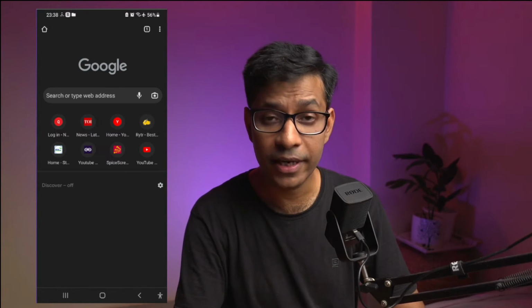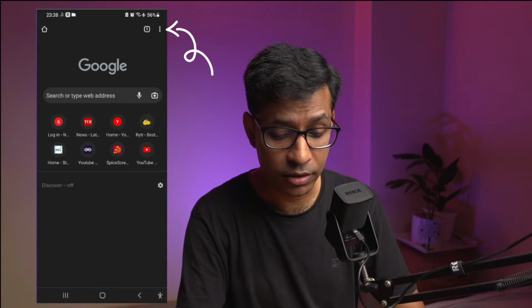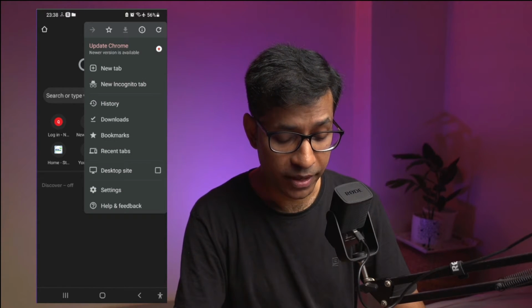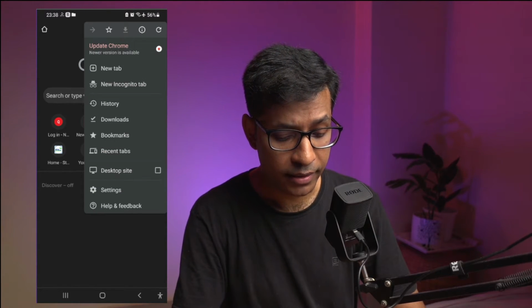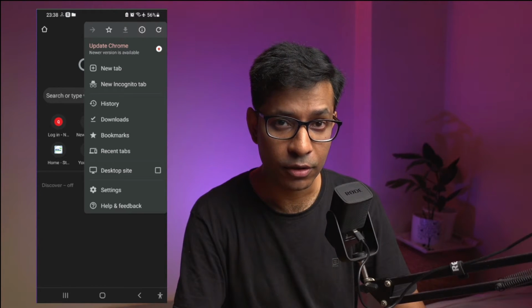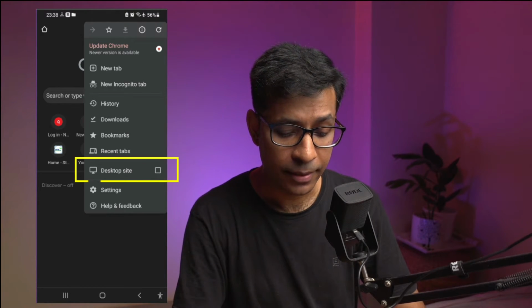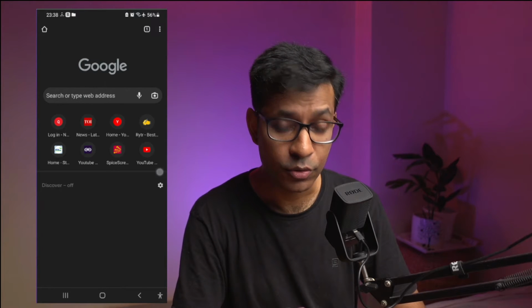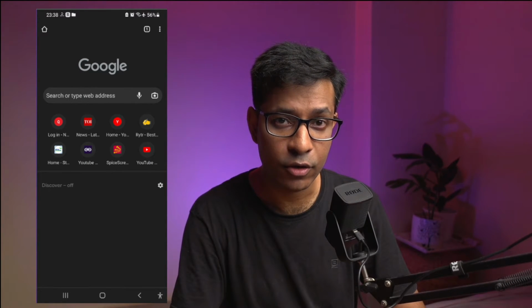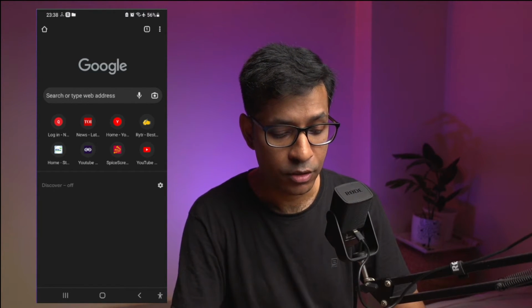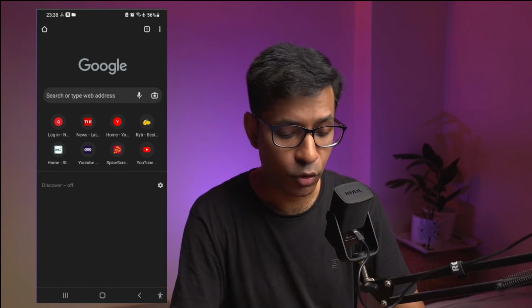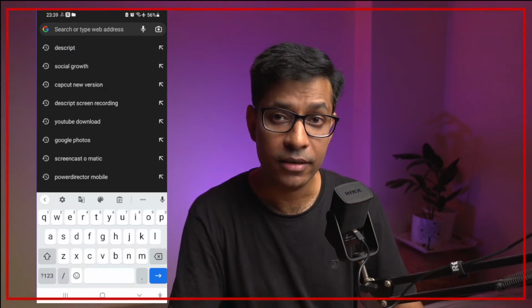Once you open up Chrome, open a new tab. On the top right corner, you will see the three dots. Tap on the three dots, bring out the menu, and you'll see that there is an option called desktop site. Tap on the checkbox to enable the desktop site mode in the Chrome mobile browser. So once you're in desktop mode in the Chrome browser, go to the website